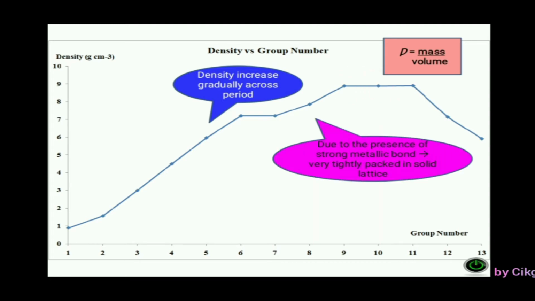Why? Due to the presence of strong metallic bonds, the structure is tightly packed in a solid lattice. That's why the volume becomes lower. Because it is very tightly packed in the solid lattice, the volume decreases. Next one is